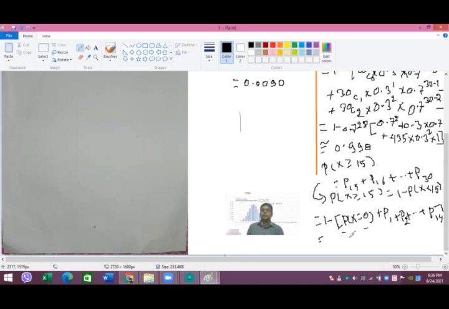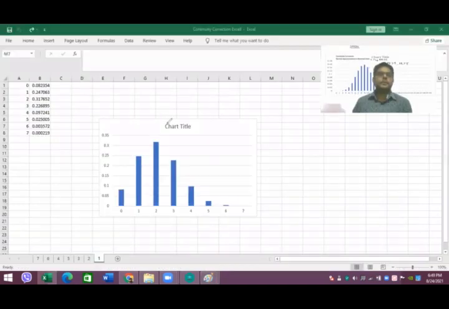So we will see some alternative way to save our time and effort. Here you can see the graphical representation of binomial distribution, which is a discrete distribution. This graph is for a random variable x that follows binomial distribution with parametric values. Here you can see the total number of trials is 7,